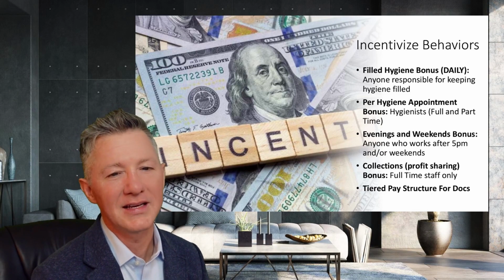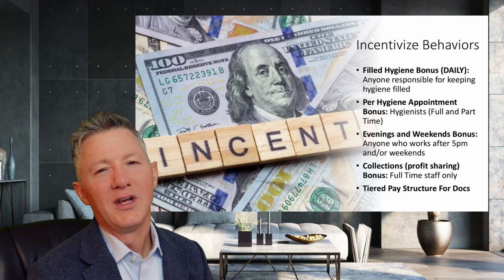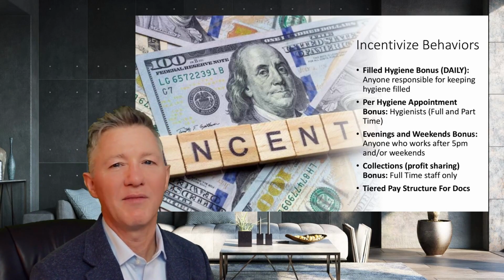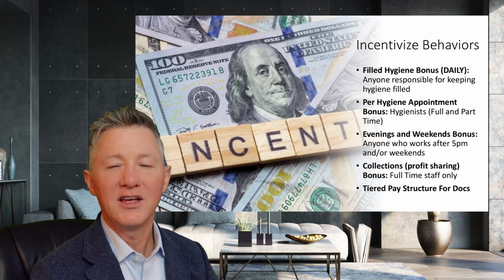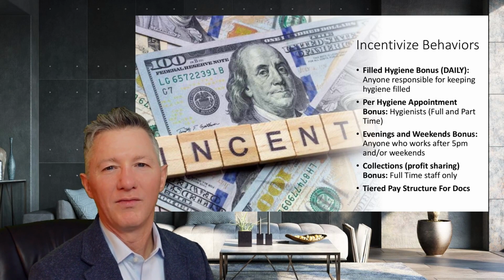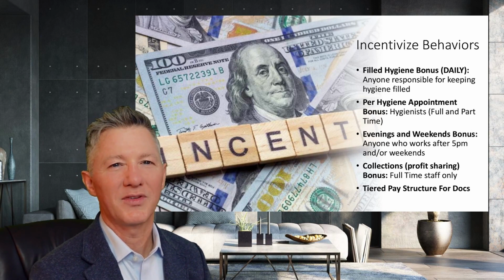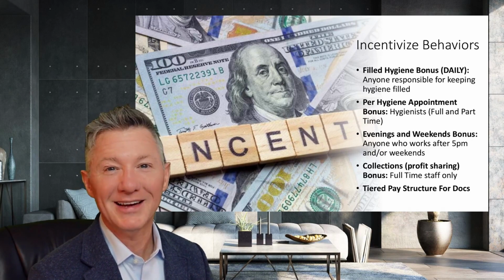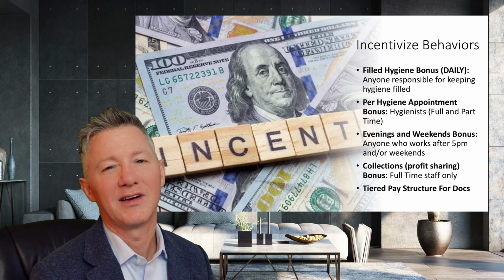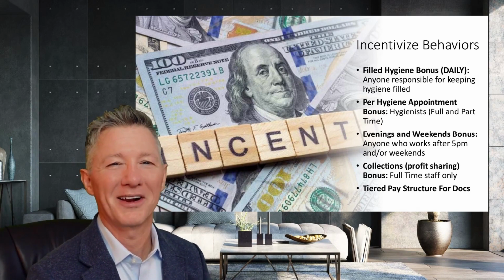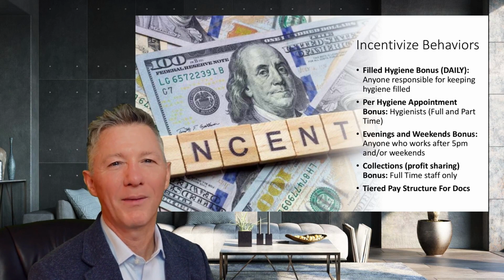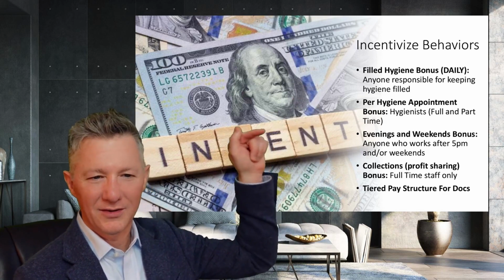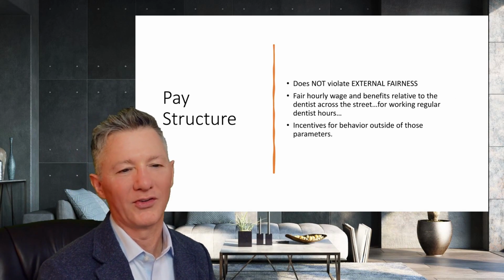So in any case, these are some things that I would do. The basics are, if a staff member is working typical 8 a.m. to 5 p.m. Monday through Thursday or Monday through Friday, they just get a normal pay, something that does not violate internal or external fairness, something that somebody across the street would make. But if they're working evenings, I'm going to pay them extra. And I just paid it out as a flat bonus. They didn't have to clock out and then clock back in. I just paid it out as a flat $10 an hour bonus. And then same thing on weekends. And then all of these other things too add up to your office being profitable as well.